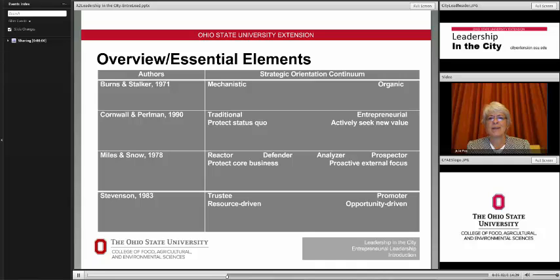Not to make it appear that one end of this continuum is better than the other, but to recognize that if you look at Stevenson's work, some people lean toward the trustee end of the continuum and some lean toward the promoter and going after that new business and new projects end of the continuum. Not to create polarity, but recognize there is a continuum, and the people that you work with in organizations and the organizational policies and processes might support one or the other, or lean one way or the other. So awareness of these continuums, I think, can add great value in the work that you do with individuals, teams,